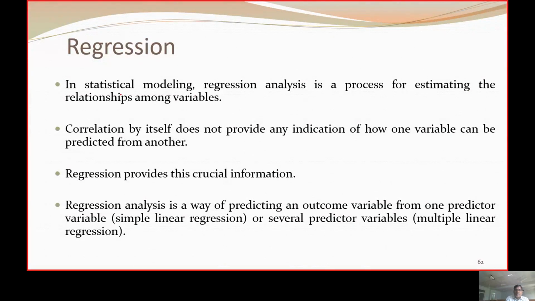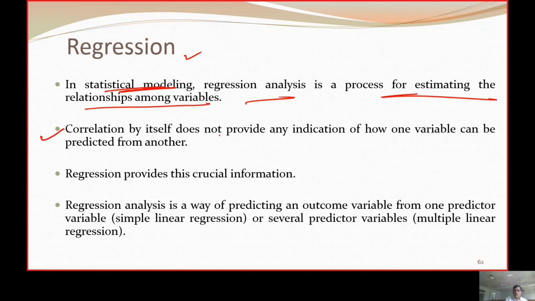Another way to understand the data is another statistical modeling, which we call regression analysis. This process is going to estimate the relationship among variables. Between whatever variables are there, it is going to make some relationship and understand how well they associate among them. For that we use an existing correlation, but now what is the difference between correlation and regression?